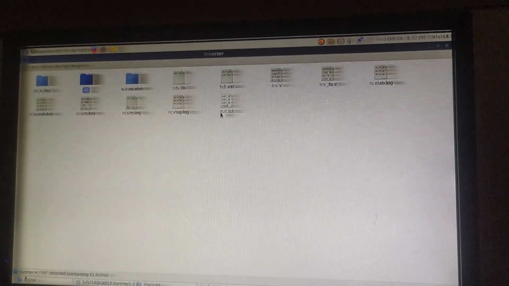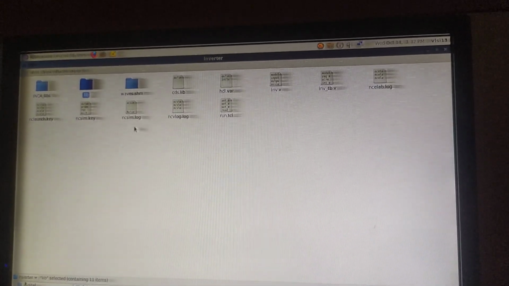You need to make a small modification based on your program, then run it, and it directly gives you the result. So this run tcl file lets you execute synthesis easily. That is the reason we go with the lib and run.tcl. These two files must be present. Okay, so got it.